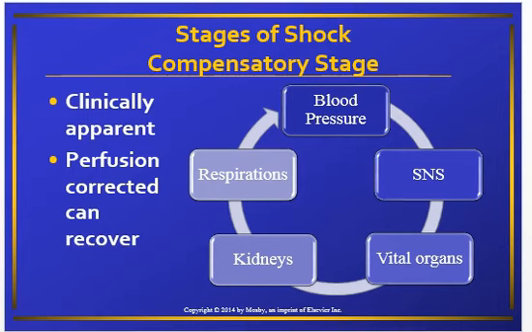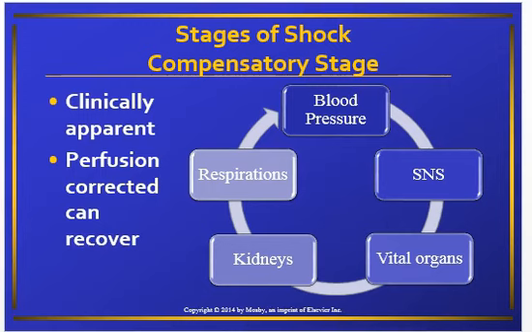So we see impaired GI motility, risk for paralytic ileus, cool clammy skin, and air in the lungs that is dead space, so it can't participate in gas exchange, so that decreases O2 levels and increases the rate and depth of respirations. Also, myocardial oxygen demands are increased. If this perfusion deficit is corrected at this stage, the patient can recover, and if not, then we go to